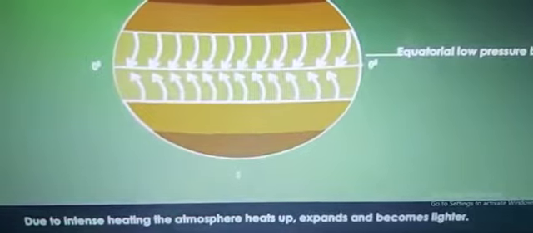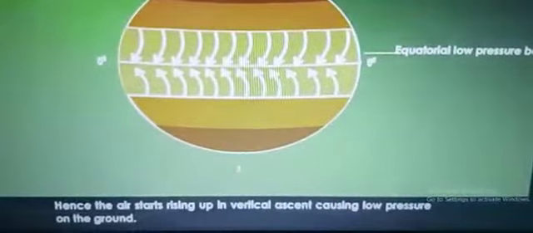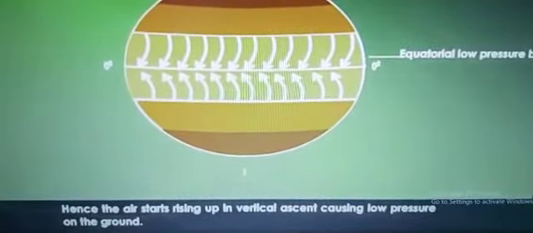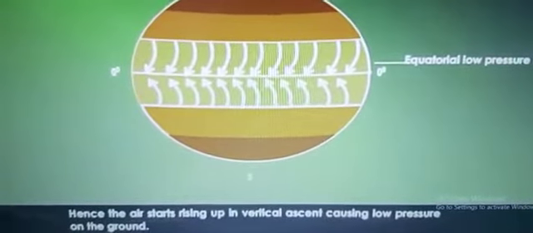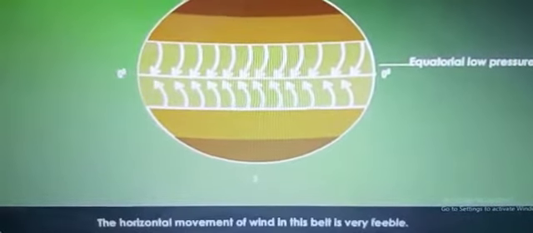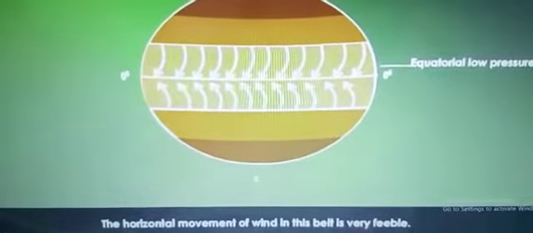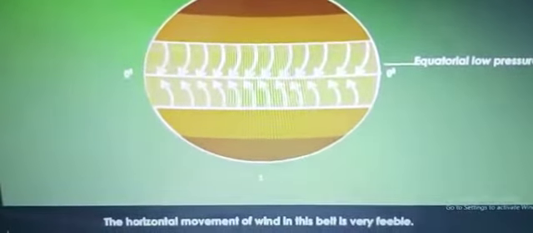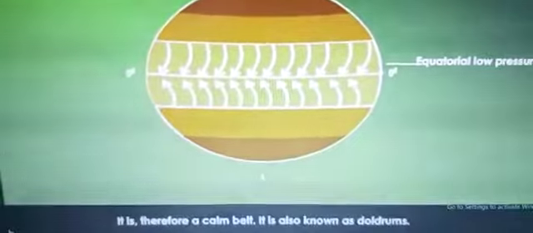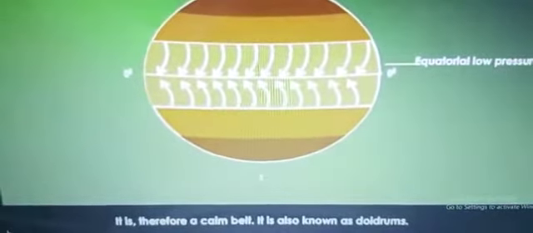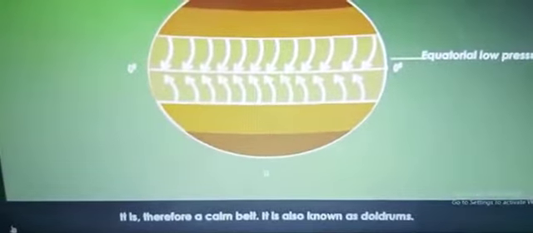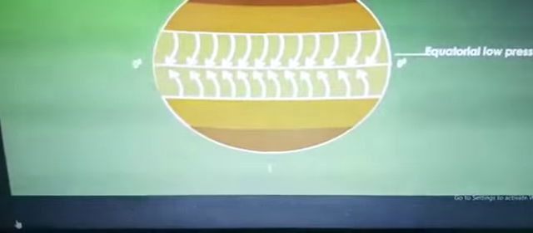Now children, the next pressure belt that I will show you is the same, children. I have to show you the equatorial low pressure belt, which I have already explained. Now the next slide that I will show you will be of the subtropical high pressure belt. Here we are just showing the movement of the belt. Now children, the slide is wrong here. I will show you the slide afterward. I am going to read this.